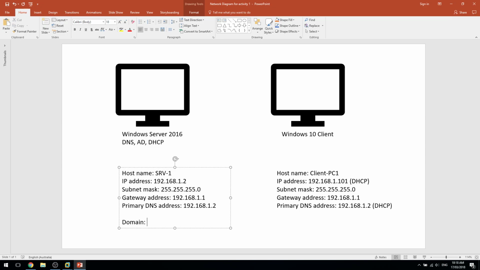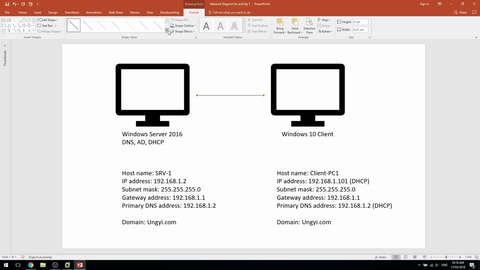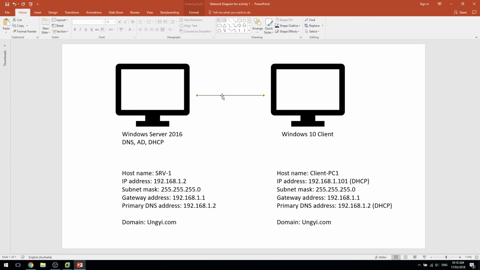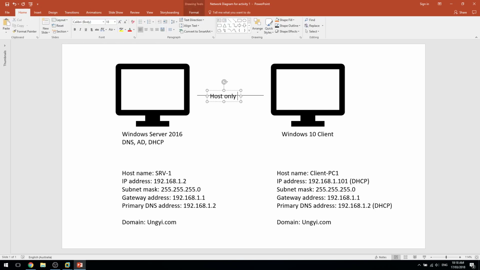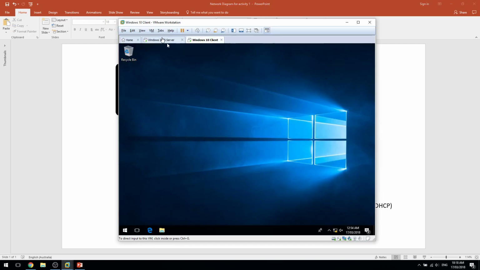The domain becomes GUI.com, same as here, and then connect it with